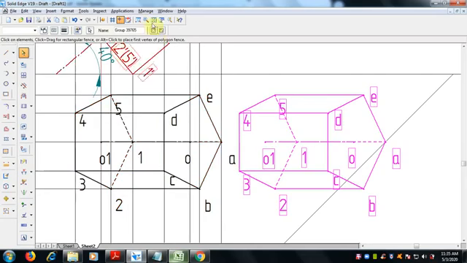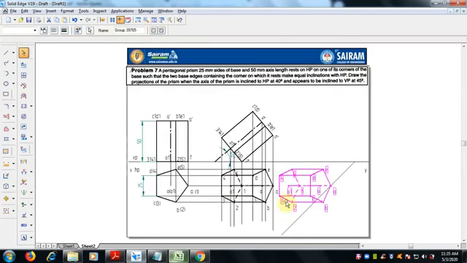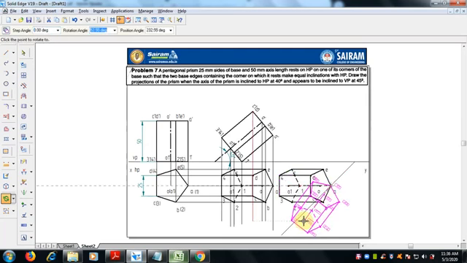Now we can rotate this by keeping the axis inclined. How to make it is, go for rotate command, select this entire thing, and click the center of rotation, that is the O axis. So either, as I said, A to O1 you can select and you can rotate it. Ensure that the copy option is switched on.